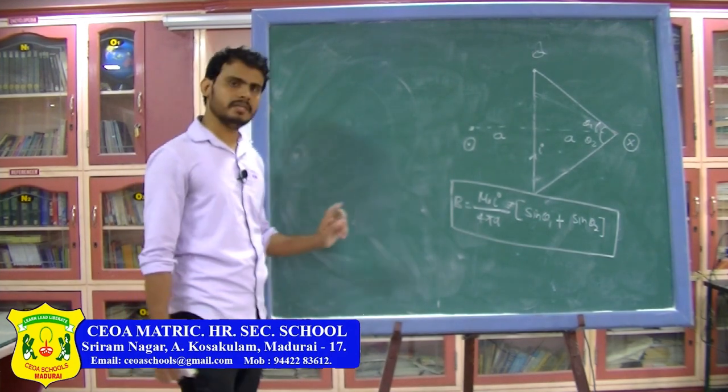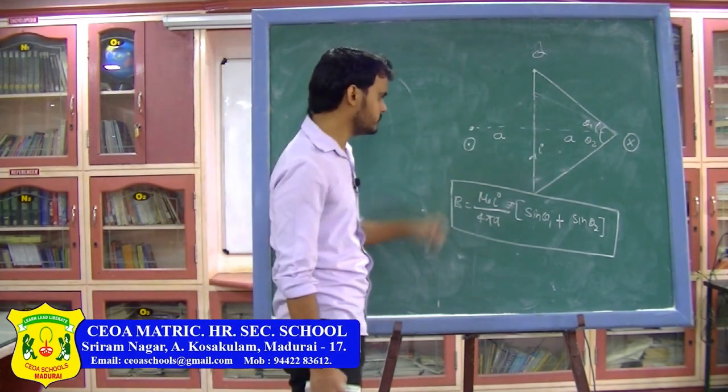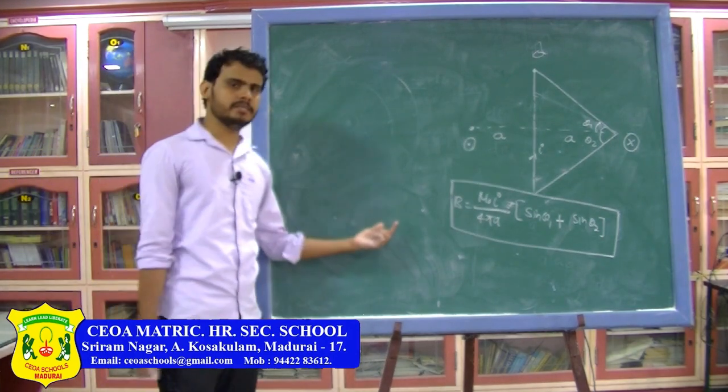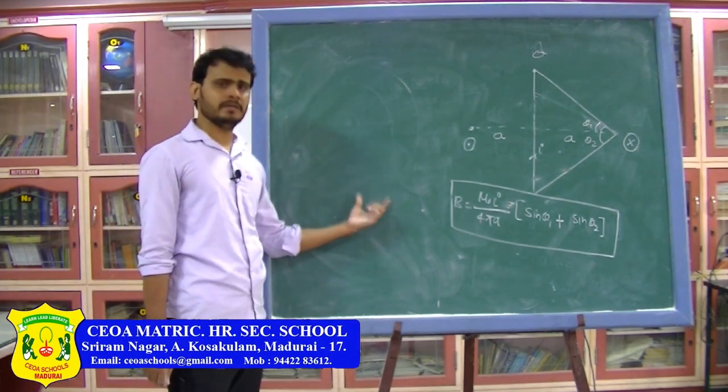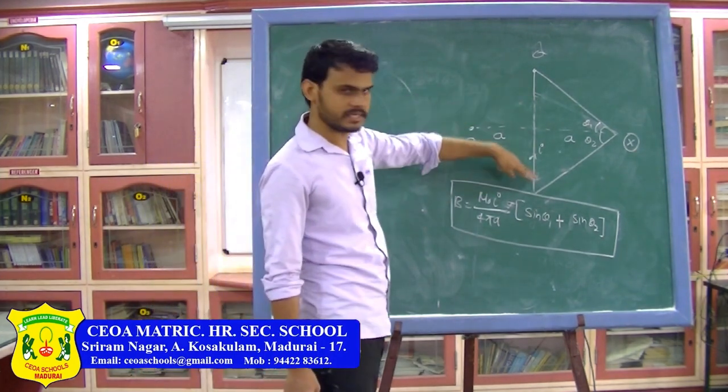In your exam, the wire will always be given in the plane of the paper. So try to use the right hand palm rule. Practice on your own. If you have not understood this, you can revise and see how to find the direction of the magnetic field when the wire is straight.